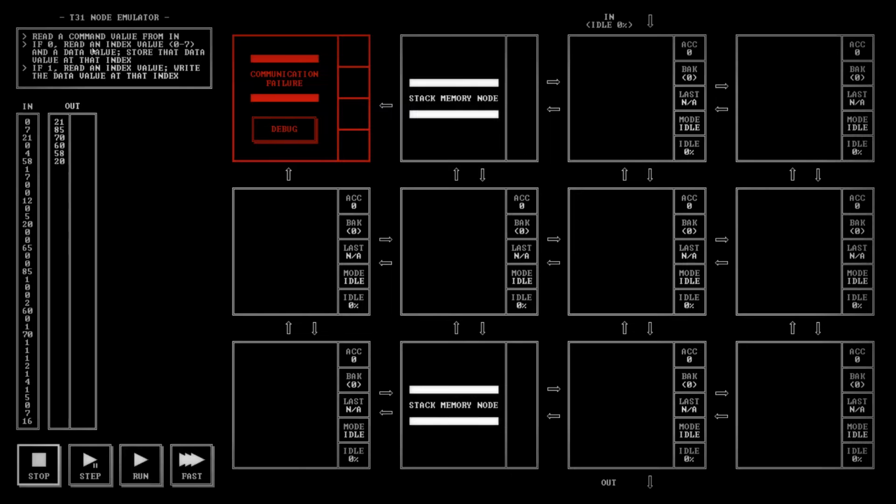Command value from in is either read or write, so 0 or 1. Alright, no problem. Read an index value, 0 to 7, and a data value. Store that data value at that index. So 0 to 7, that's all the memory space I need. Okay, so simple enough. Let's,